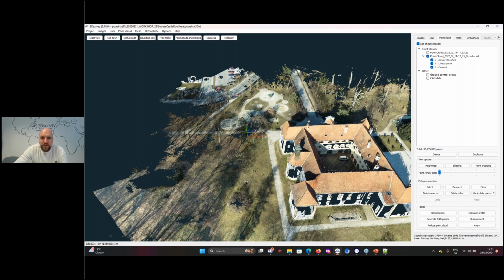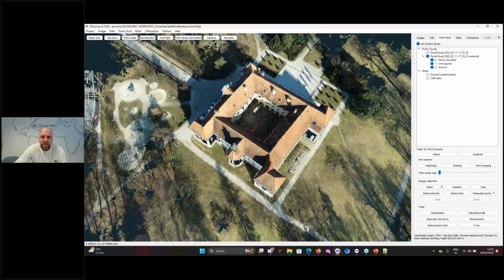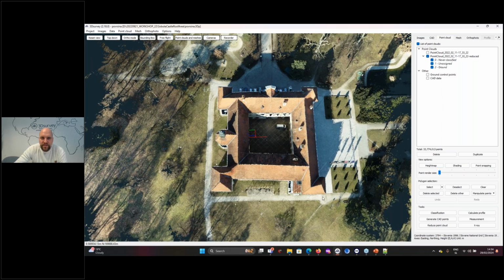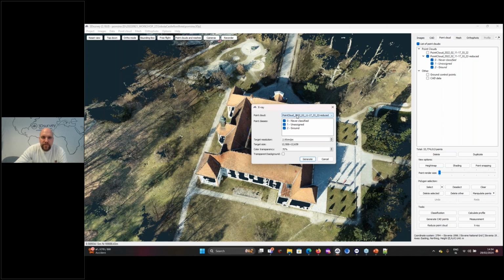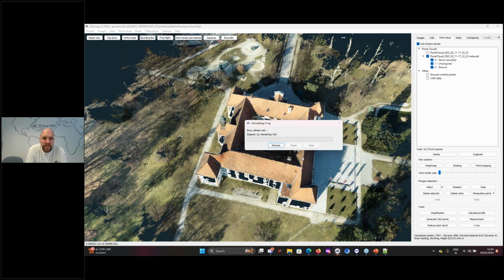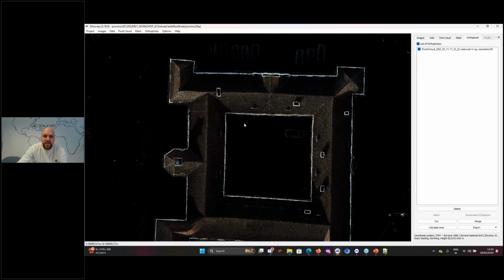Now, one of the functions that is available only in 3Dsurvey, and that helps a lot to make extraction of buildings easier, is called X-ray. X-ray means we create an orthophoto-like picture where we get white color where we have vertical walls, and a transparent or black image where we have horizontal surfaces.